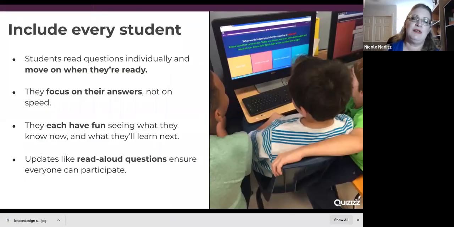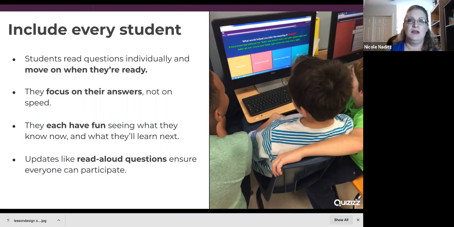So I cannot take credit for a lot of these slides. Quizizz does provide a slide deck for training purposes, and I actually decided I didn't need to reinvent the wheel, so I selected which slides from their slide deck I would like to keep, and then I did add a few of my own. So unlike some of the formative assessment tools you might have seen, like Kahoot, which I also love, but it's differently structured,